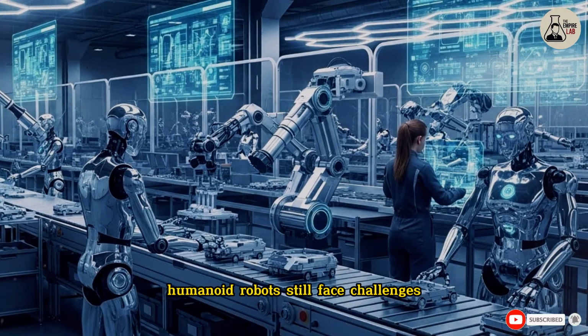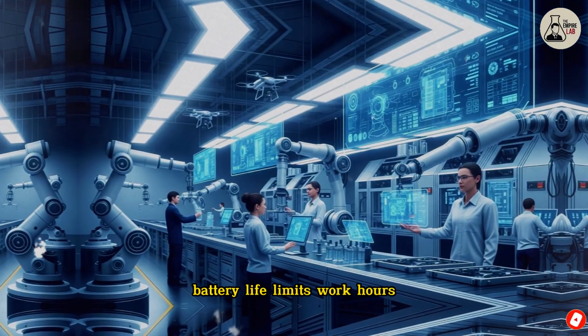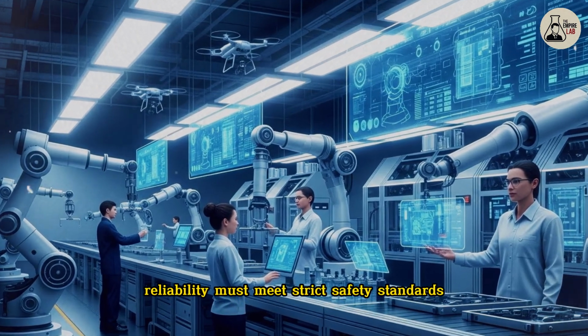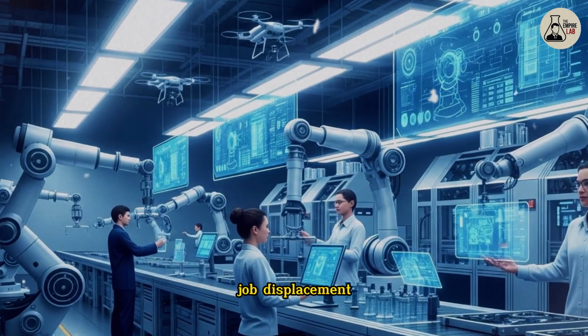Humanoid robots still face challenges. Battery life limits work hours. Reliability must meet strict safety standards. Job displacement